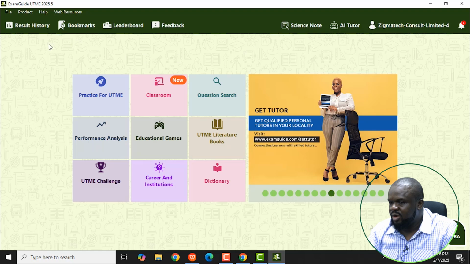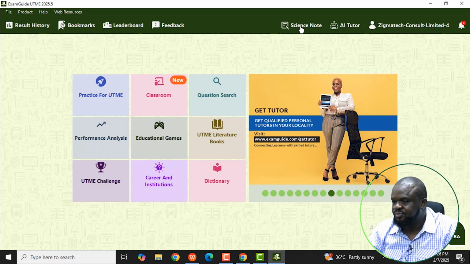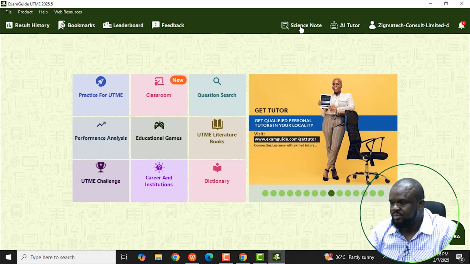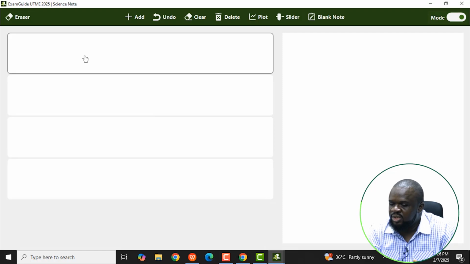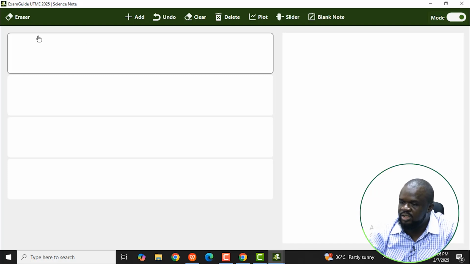There's a new feature on the application that was not in the 2024 version, this science note. Our science note is just for mathematics and science related subjects. It helps you solve questions on it. You can write and draw on it, and let me use this more. Let me say 9 plus